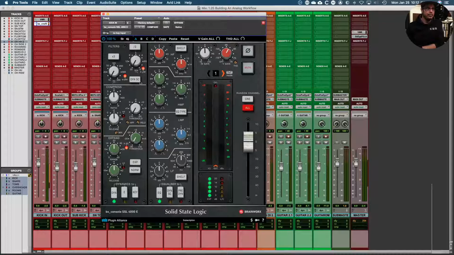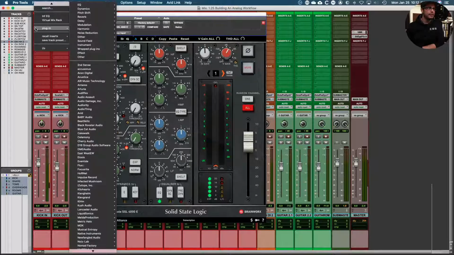So here it is, which we have become accustomed to, these colored knobs. We understand, that's the SSL look. But again, we've got the filters here, we've got the compressor, expander, and or gating, and then we have our EQ section, and then the buttons to do all that kind of stuff. So another version of that, we come in here, let's scroll down